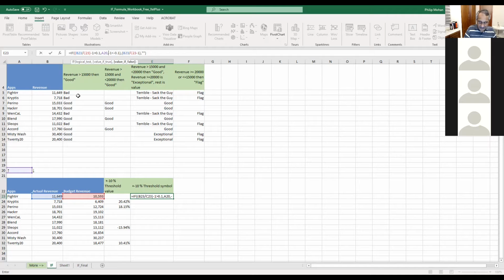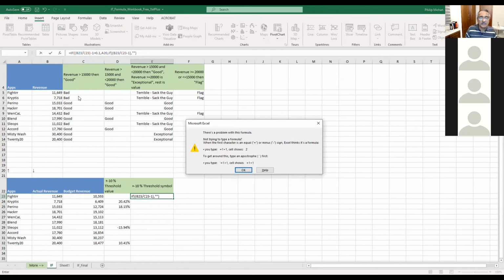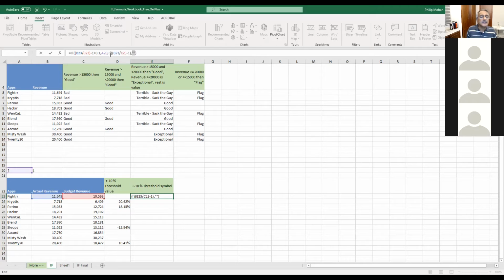I'm going to say if... what's that? How did that bracket come there? Okay, if B23 minus C is less than 0.1, then we want to say this arrow.